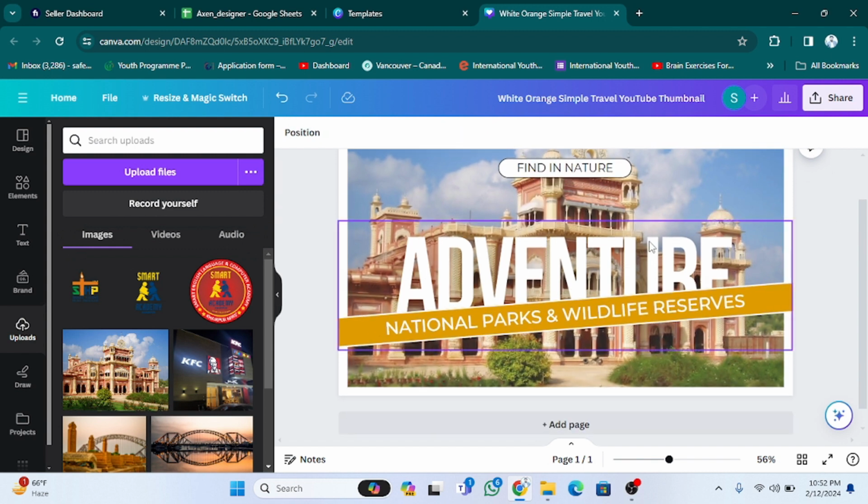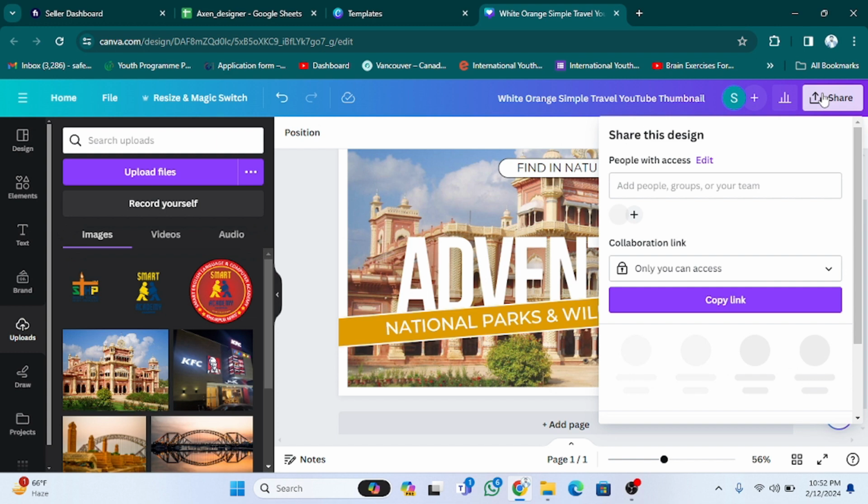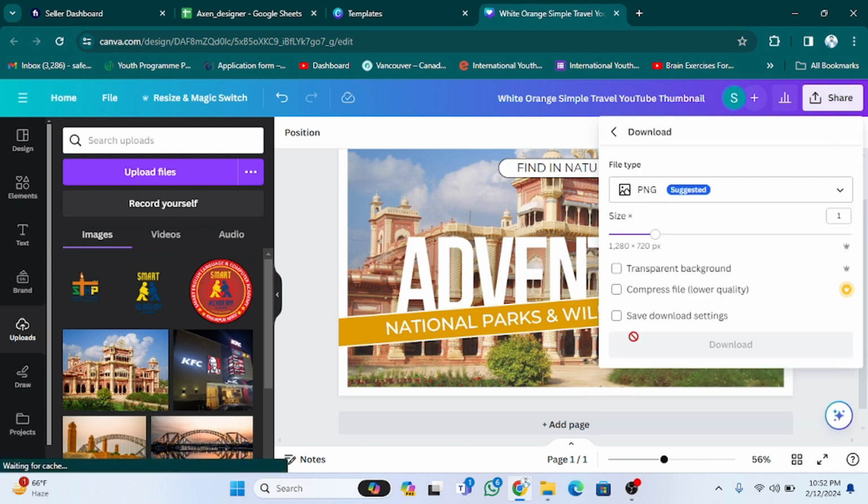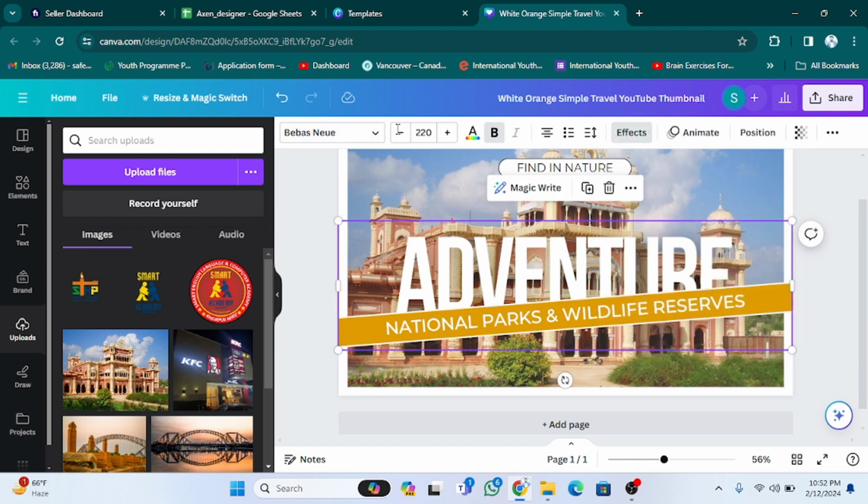If you want to download this, you can also do that. You have to click on share. After clicking on share, you have to scroll this. You have to click on download, and now you have to click on download. It will be downloaded. If you want to see the basic properties of the text, these are all the basic